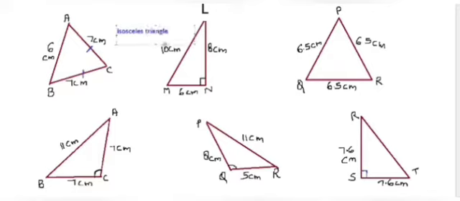All the angles you can see here. Sorry, all the angles are less than 90 degree. This angle is also less than 90 degree. This angle is also less than 90 degree, and this also less than 90 degree. When all the angles are less than 90 degree, we call it as acute angle triangle. Then we come on next.